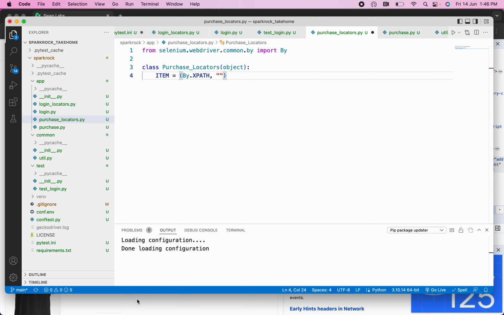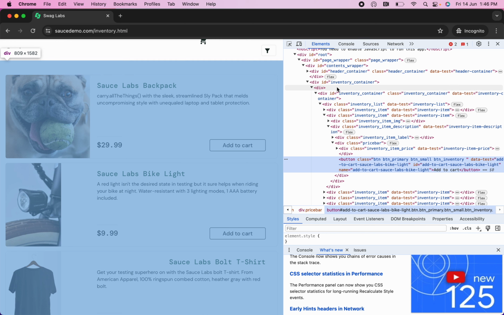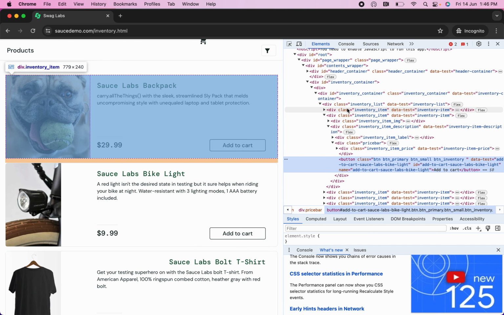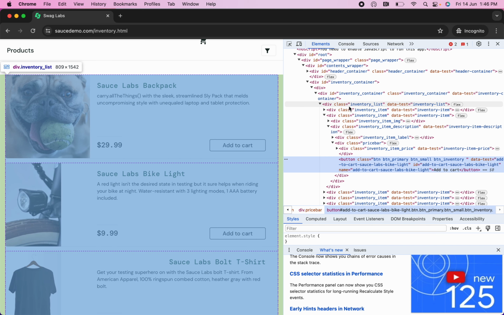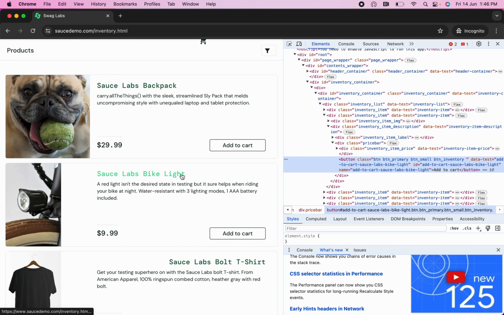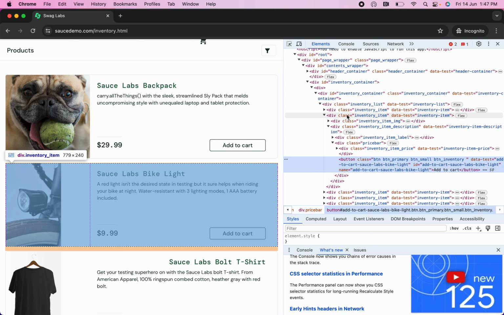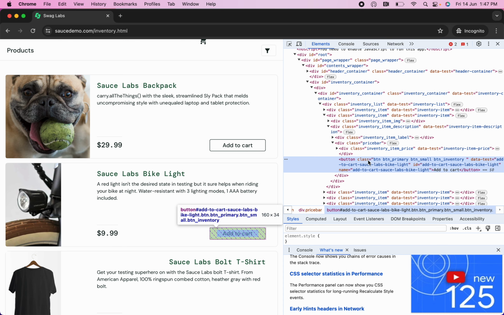identify the xpath for this. So this is inside a div which will be having inventory, so a div which contains this text, Sauce Labs Bike Light, and then its ancestor, which will be having the class inventory item. So this one, and then inside this we'll be looking for a button which contains this text. So let's write that,